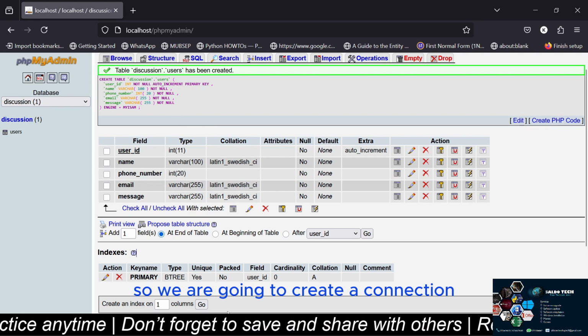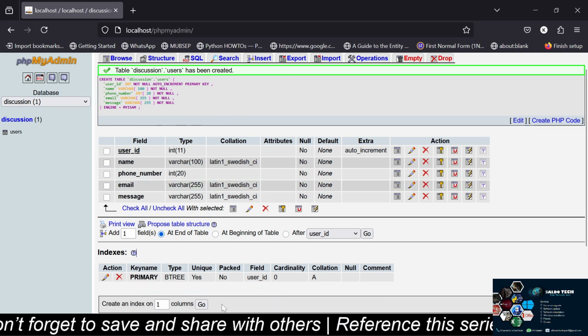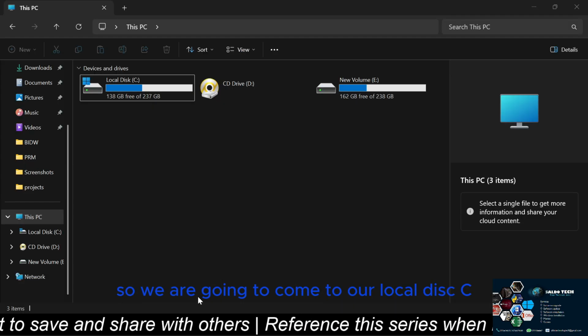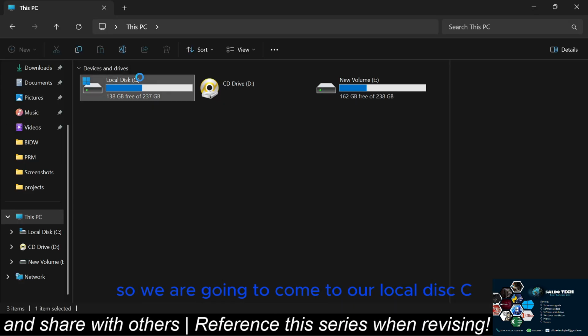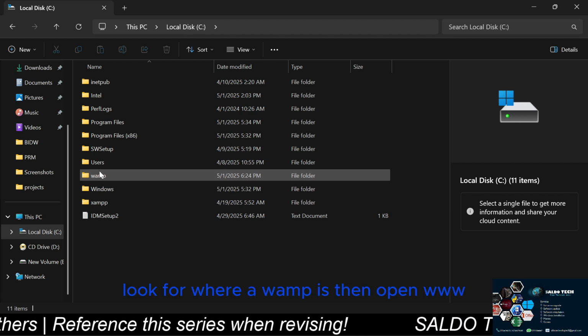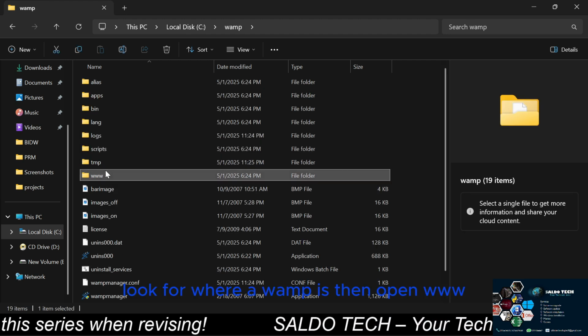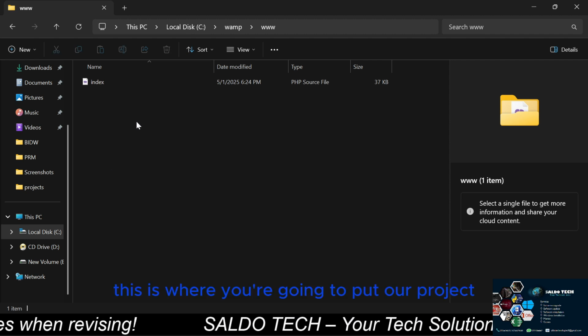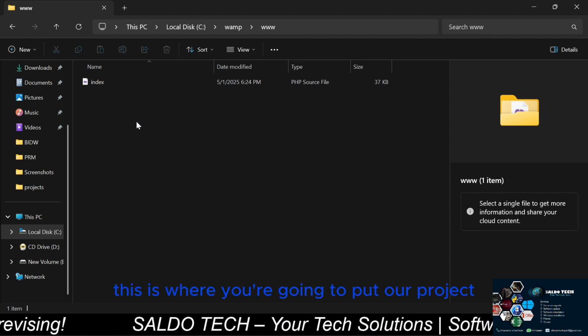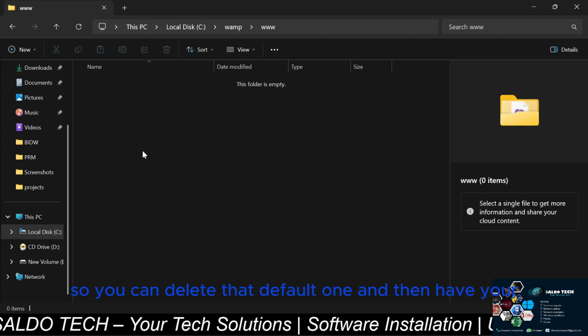So we are going to create a database connection. We are going to come to local disk C, look for where WAMP is, then open www. This is where we are going to put our project. So you can delete that default one and then have your